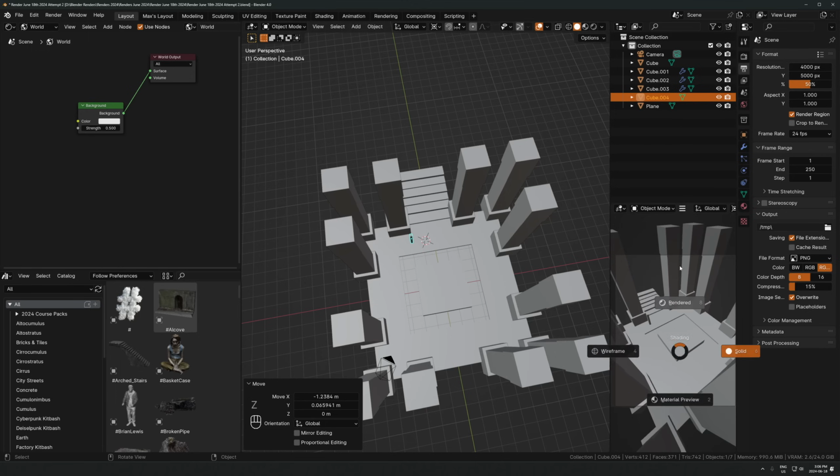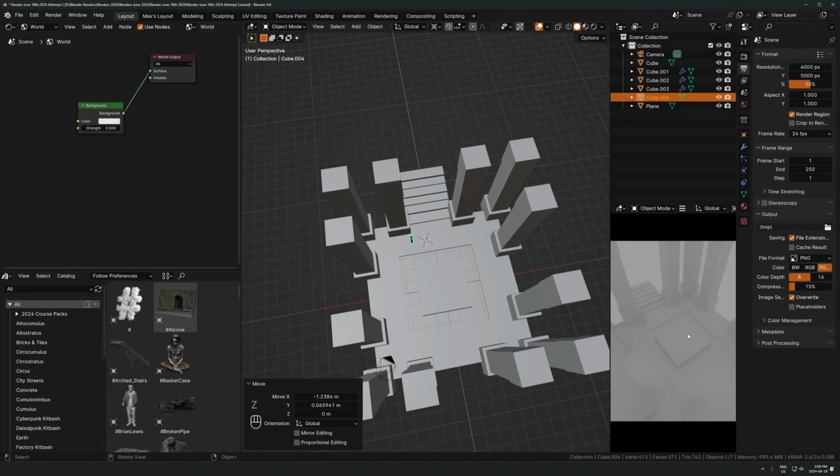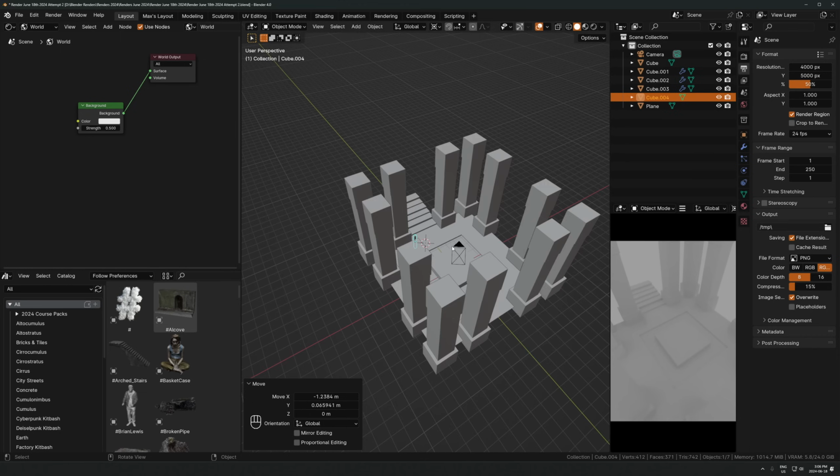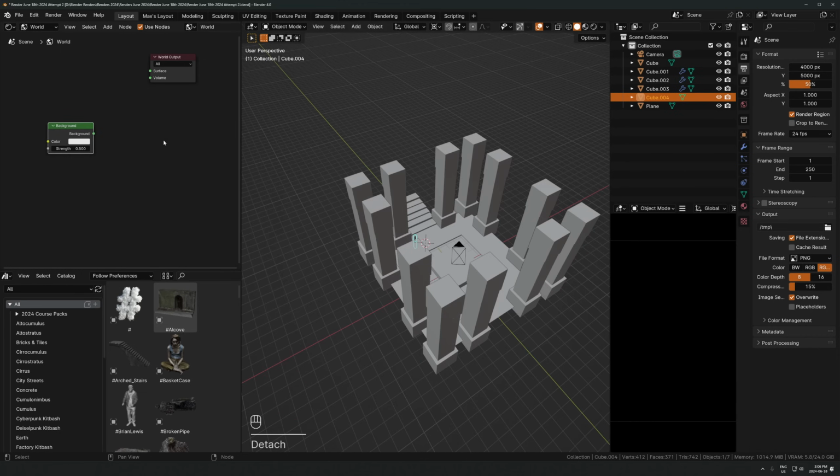And then let's just go into rendered view here. So I think this is going to be nice. I think I kind of like how open it is right now. That's just what I'm seeing in the viewport here. I like how